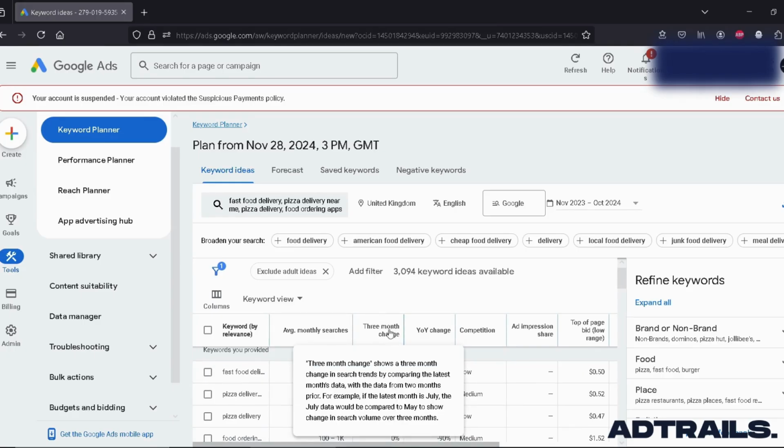So the first column is 3-month change. That is a percentage change in search volume over the past 3 months, as the word says itself. When it comes to that, we should look for rising trends to capitalize on growing interest. We should avoid the keywords with steep declines unless seasonal. For example, right now at this period of time, there are a lot of Black Friday sales,